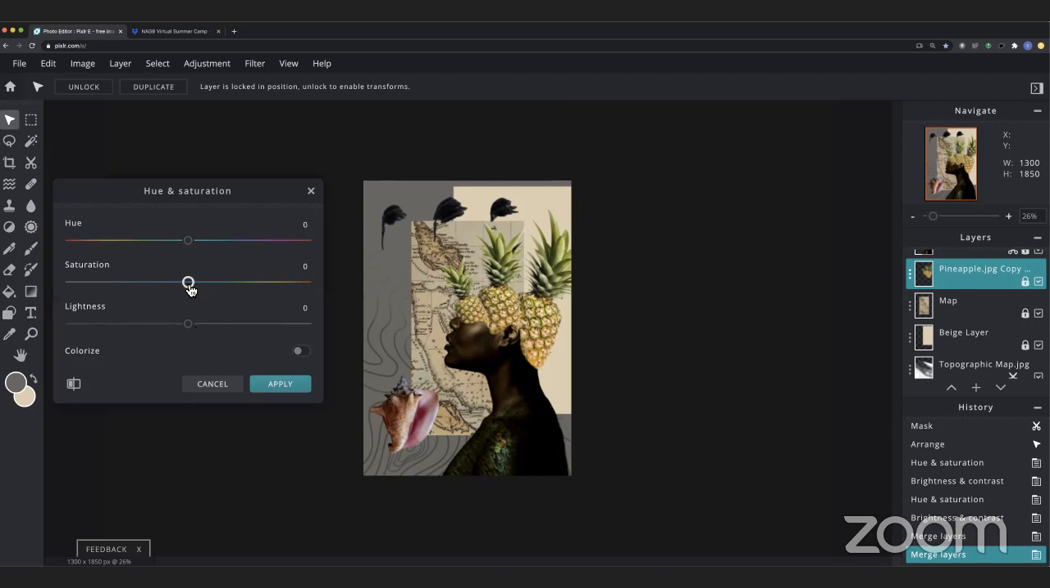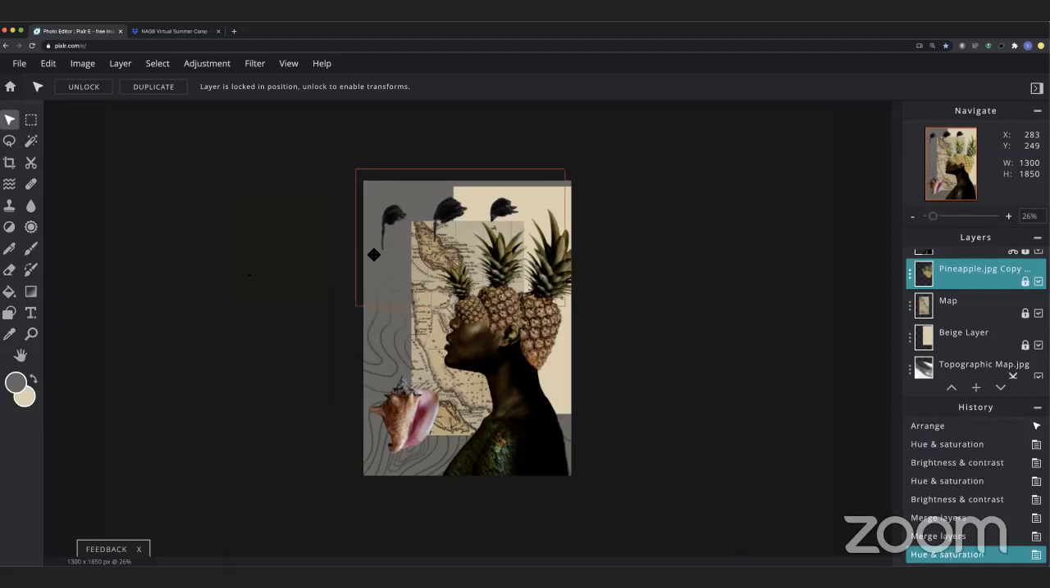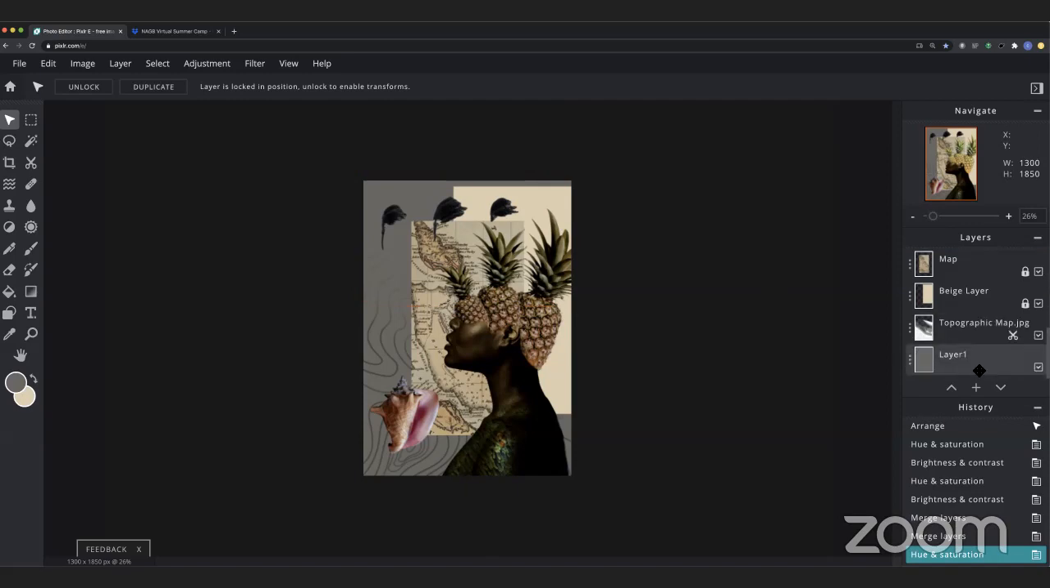It's important to hit apply, guys. Don't be like me, who's rushy and forgets to hit apply. Reduce the saturation a little bit. Boom, there we go. And actually, I want to make my background a little darker now that I've made all